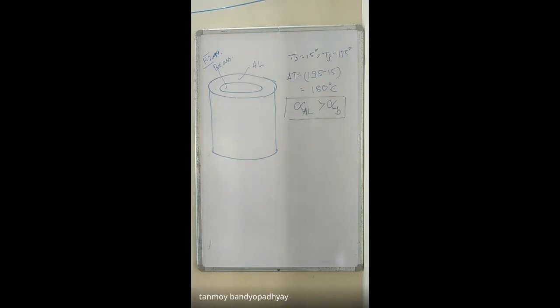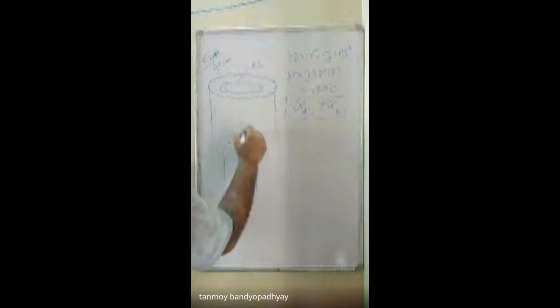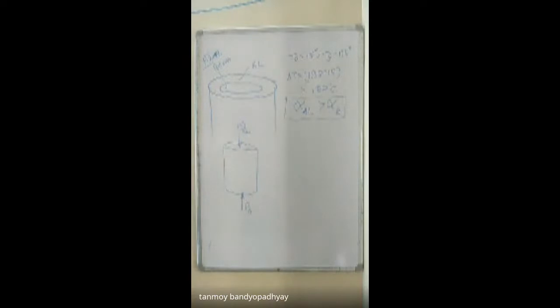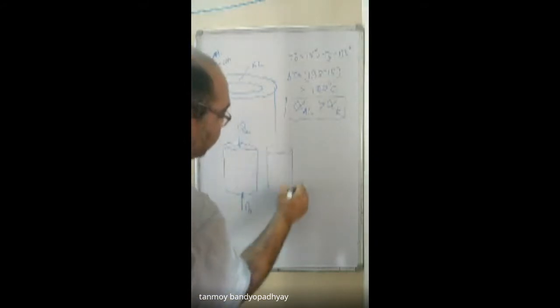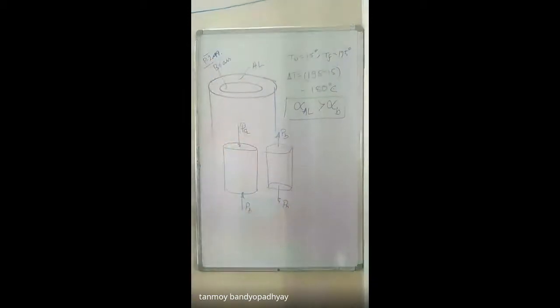So since aluminium part is having a higher alpha value, suppose this is the aluminium part. So this is trying to expand more. Since it is trying to expand more, the core is attached to it. So the core is trying to bring it down. So that is why, since it is trying to expand more, it is under compression. So this aluminium part is under a compressive force. And the brass part is expanding less, and since it is expanding less, aluminium is trying to pull it up. So since aluminium is trying to pull it up, it is actually under tension. This is one thing, only one thing that you have to understand. Other things are just the problems being done.